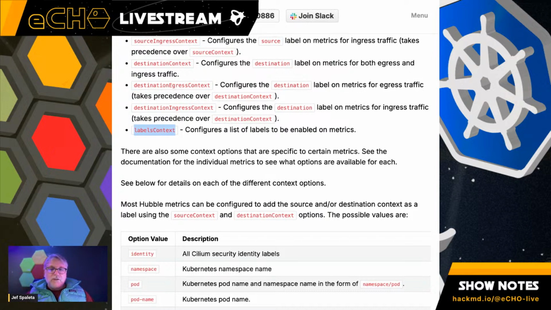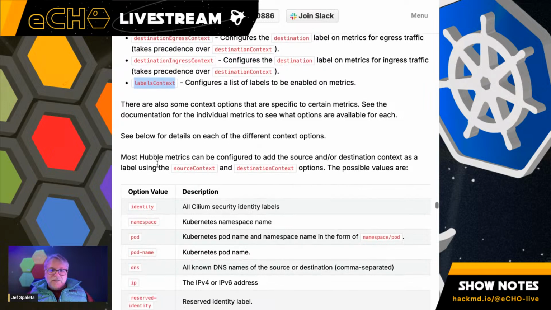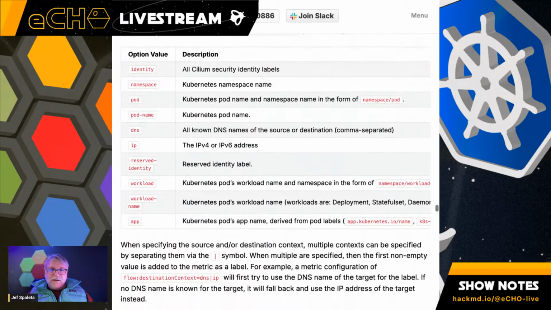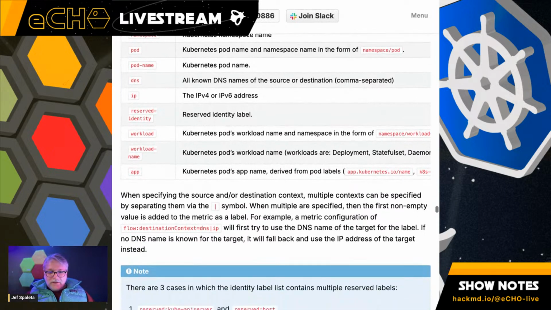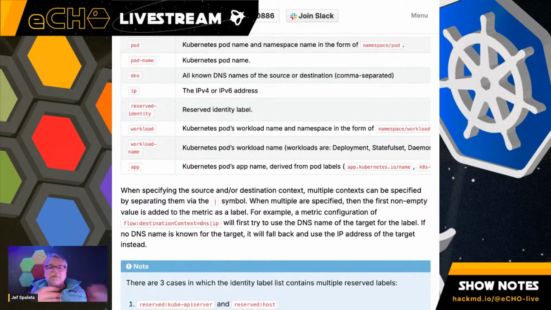You can turn those into labels, and then every label you add adds cardinality. So you can have 30 of these, or I guess it's like 10 different possible labels you can add, but in a very active cluster, it ends up being a lot of individual time series, because every possible combination of label value ends up being in the time series database a separate time series, which is useful, but also creates some problems in terms of